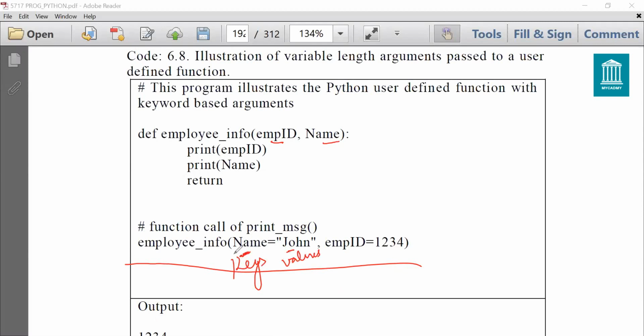You can see that in the function call, the first argument is name and the second one is employee ID. But here in the function definition, the first argument is employee ID and the other one is name. Even then, the right values will be passed. Employee ID will be inserted over here and name will be inserted in the name because we have passed keyword